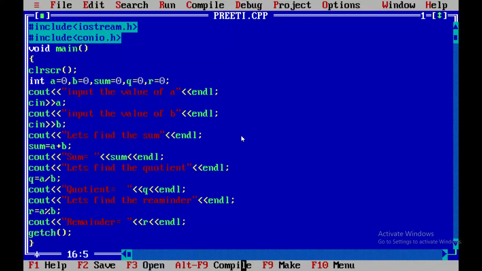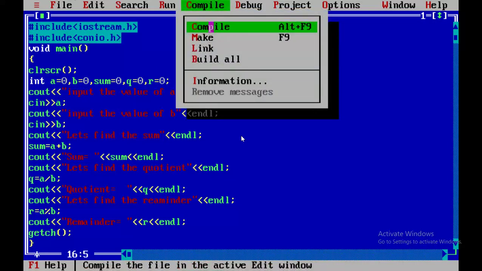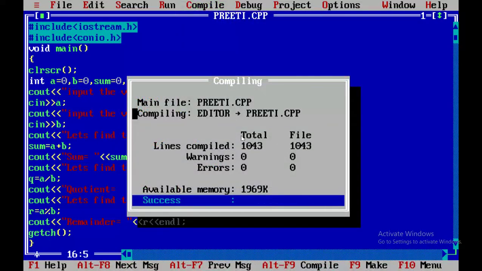This is a source program, so we have to convert it into machine language, and for compilation we press the Alt plus F9 key, or you can compile from here also. There is no error, so it shows success, errors 0.